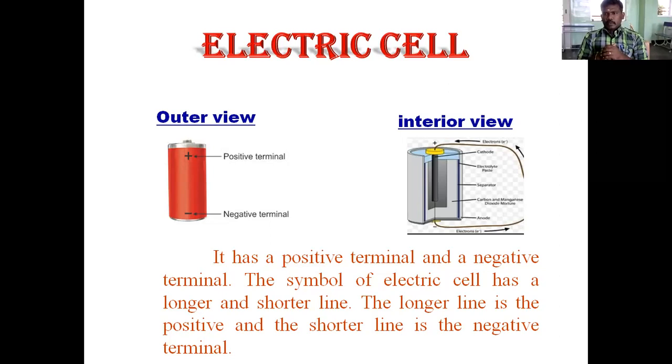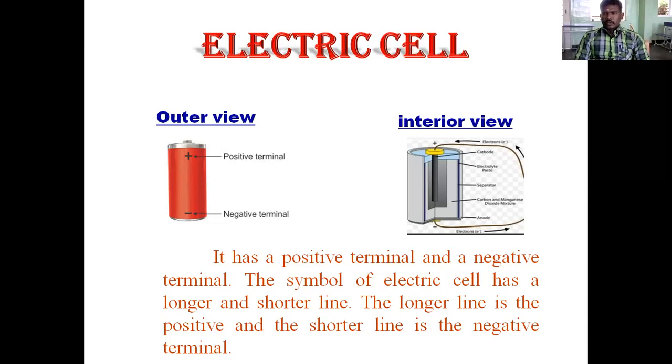And in an electrical circuit, how will you identify it? In an electrical circuit, we mention the battery or cell or high tension battery. In some electrical circuits we mention HT, high tension battery, and LT, low tension battery. The high tension battery can supply more potential compared with the low tension battery. So in a particular electrical circuit, we use one longer line and one shorter line. The longer line indicates the positive terminal of the cell or battery, and the shorter line indicates the negative terminal of the battery or cell.